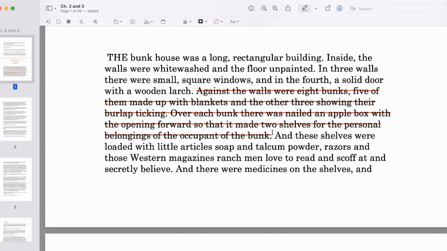And on the bunk, their shelves are really an apple box with the opening forward so that it made 2 shelves for their personal belongings. And that's all the personal space that they get. So that might even contribute to the idea of poverty, because this is where the ranch hands live, and this is their home. So I might put a note here that this is going to relate to that idea of poverty because this is how the ranch hands live.